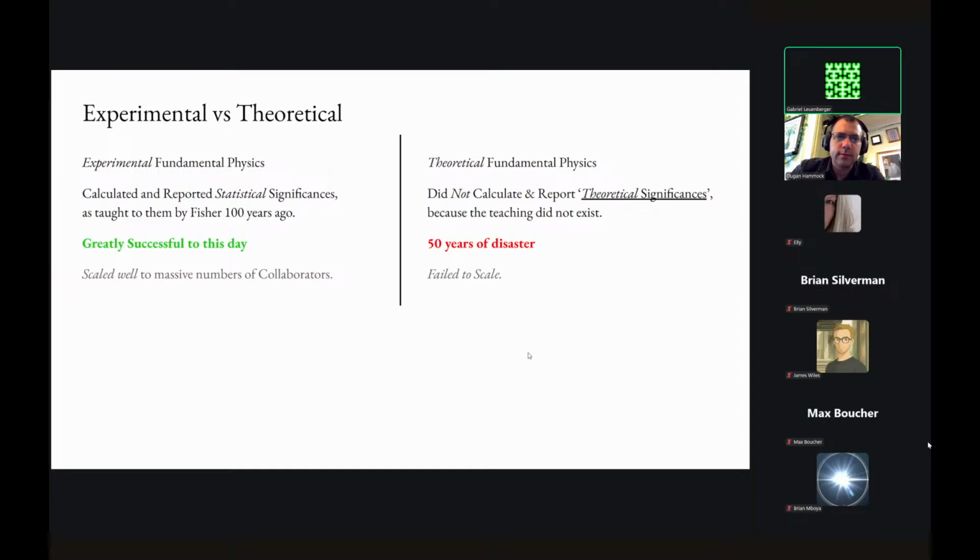But the theoretical significance, essentially, is just that you have to report the model complexities. You're supposed to calculate how complicated your model is. If you invent a new model, that's what you have to do, just like on the other side, they report statistical significances. You're supposed to report model complexities. And imagine if the experimentalists had not been reporting statistical significances, then it would be a disaster. That's the reason why they do that all the time, right? They report this all the time. So that's how the resource allocation would become much more efficient, much smarter, once they start doing that.